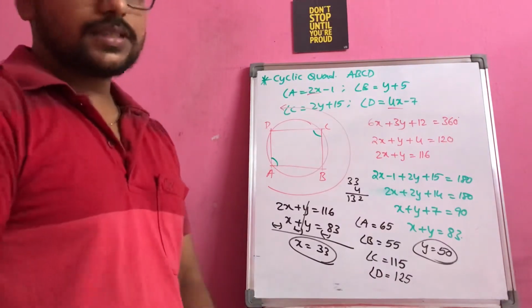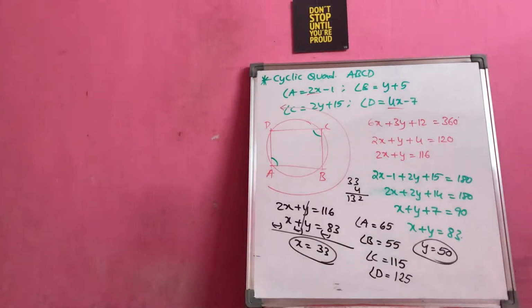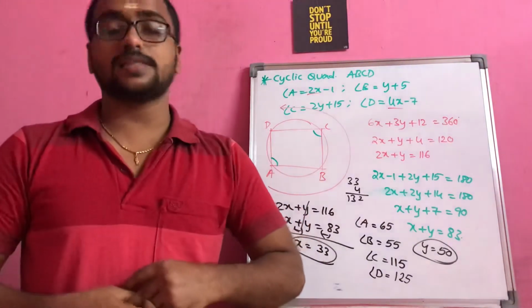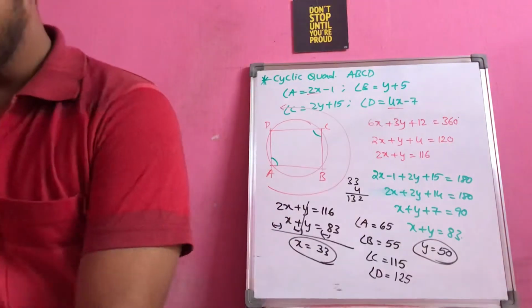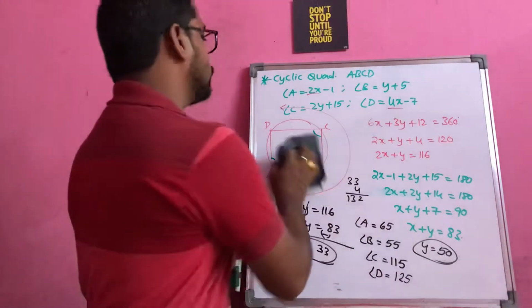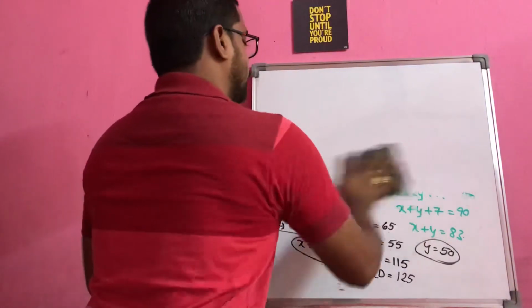So the background that we need for solving this question is, you should know about the cyclic quadrilateral. You should know the two important properties of a cyclic quadrilateral, right? Now see this question. This is also a very simple question, nothing much difficulty.